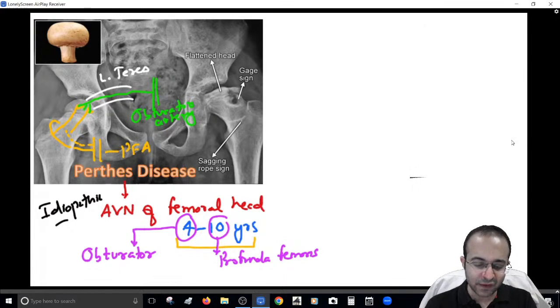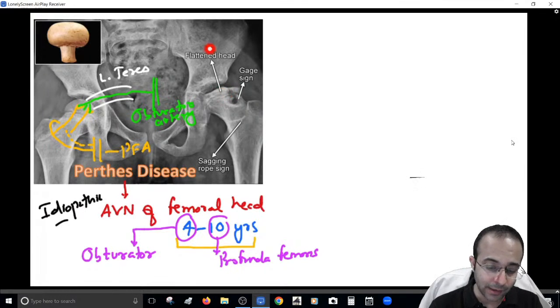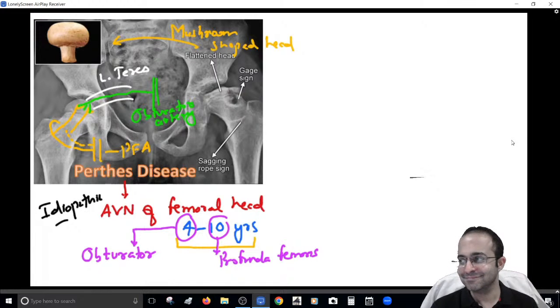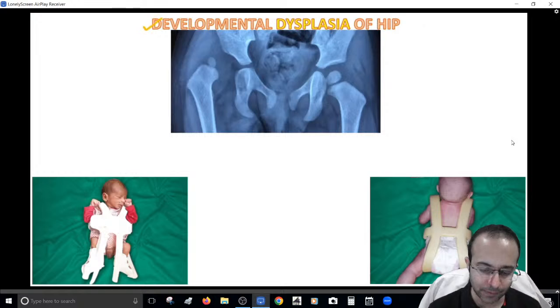So that brief phase, the blood supply to the head is not there, so this head collapses and becomes flat. It becomes flat like a mushroom. So some people simply call it as mushroom shaped head. So this is what is basically Perthes disease. So no injury, no trauma, painless limp, developmental issue. Got the message? And a similar developmental issue is developmental dysplasia of the hip,